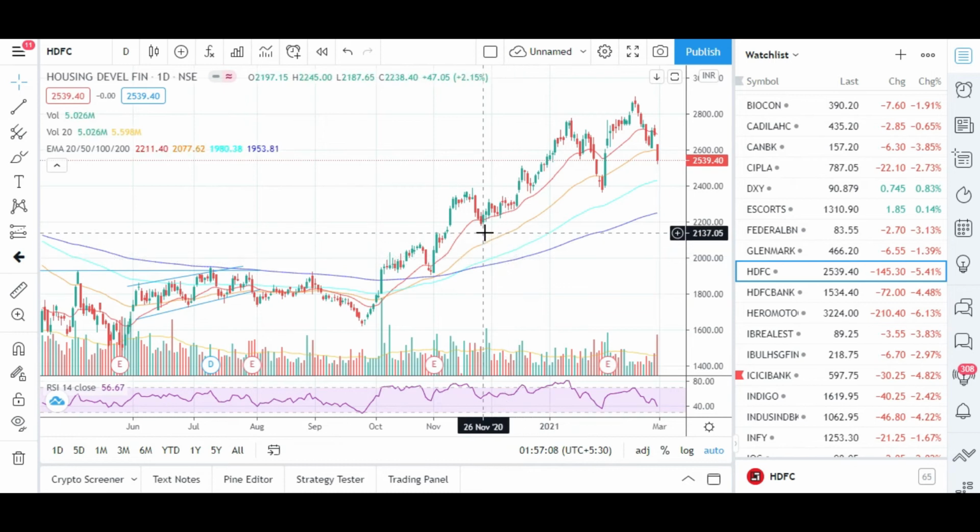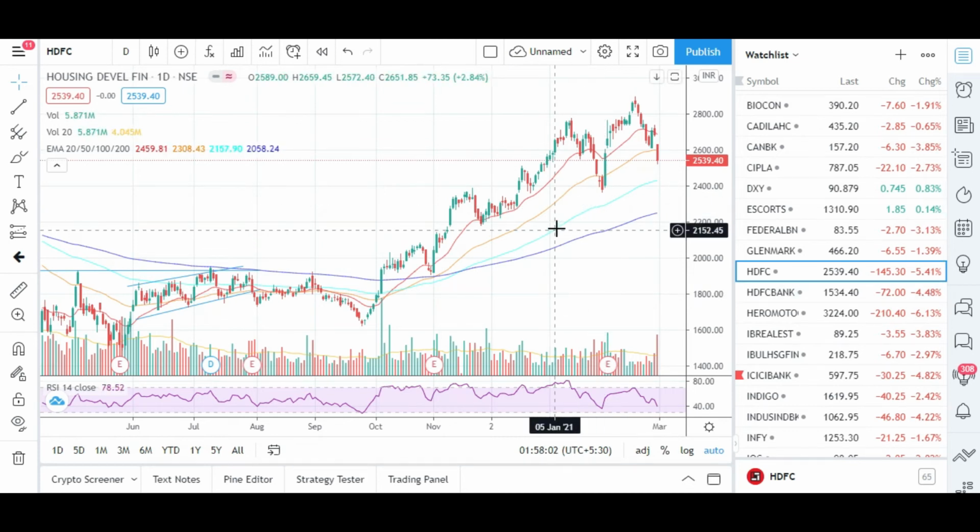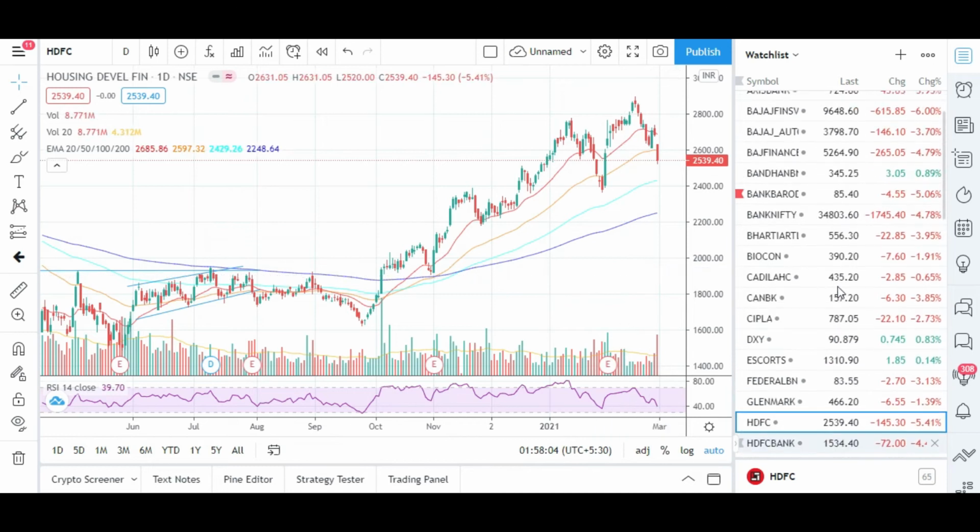You can see there are chances of the stock bouncing from the 20 or 50-day. Whenever stocks come to the 50-day moving average, a lot of people are willing to buy at that price, and there are high chances that the stock will bounce from that level. In very rare cases, it breaks the 50-day moving average when there is huge negativity or some news has come, and then it will go and circulate around the 100-day moving average, and there are chances that it will bounce from there. So friends, let's see some other examples also of what I'm trying to say.